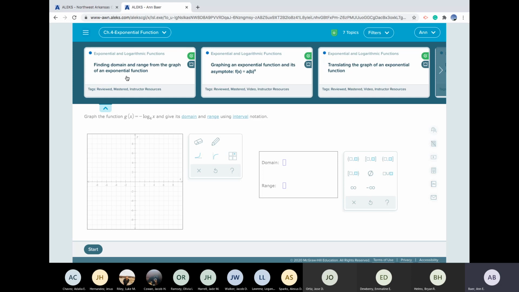I would love if all of you had your graphing calculators available or could quickly grab them. We're going to spend a lot of time talking about the graphing calculator today. It is a very handy device. So to get started, let's start with something that I think we can all relate to. Let's look at translating a graph of an exponential function.